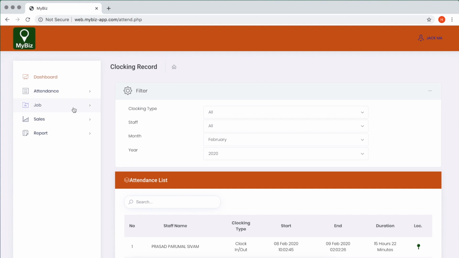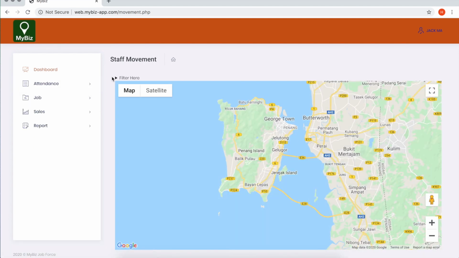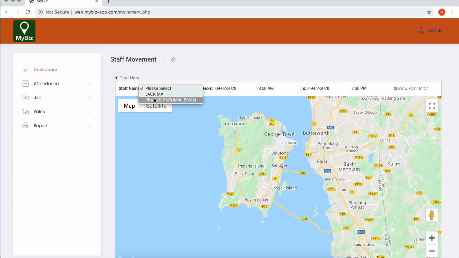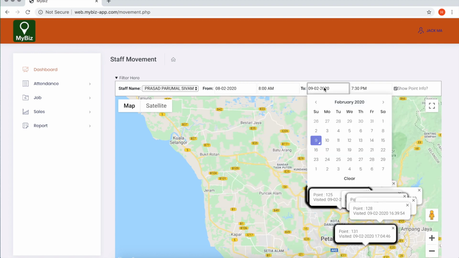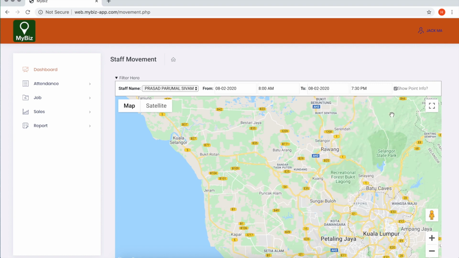As we go to the attendance, staff movement. From there, we can see what he is doing. So we select the staff name, select the date of what we saw just now, and then the same date to